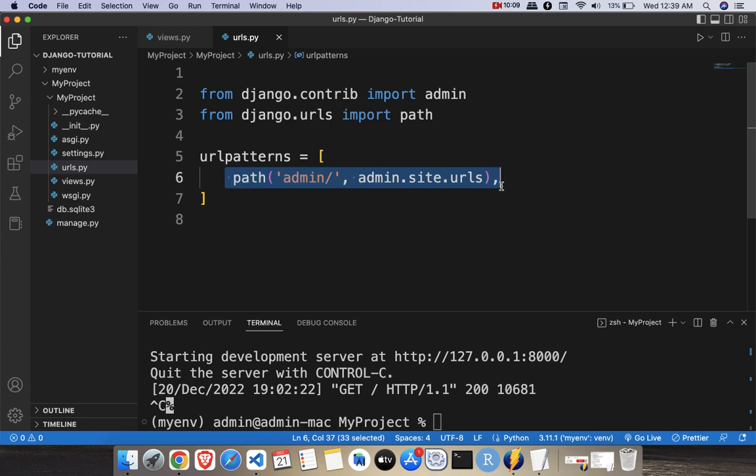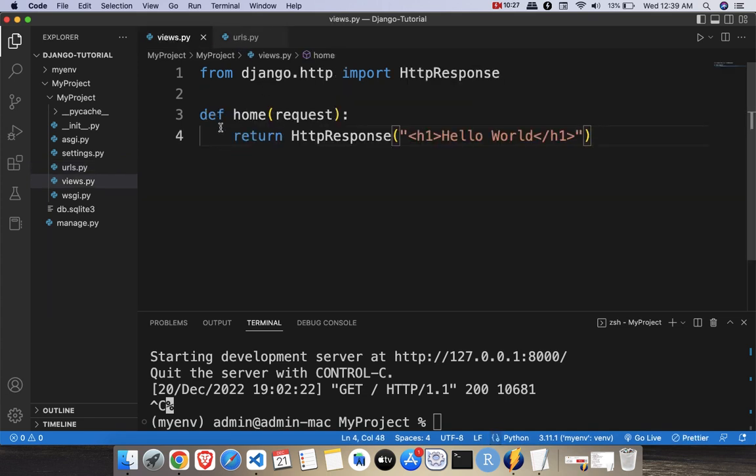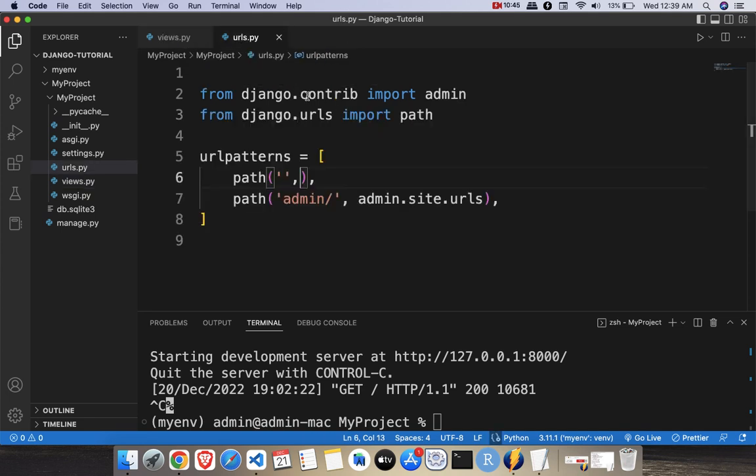For that, you just add one more line here: path, round brackets, put a comma at the end and put a blank single quote so it becomes your default page, comma, and where is your views? The views.py is the file which is sending your response. So you need to mention that you want to send this response through this function which is present inside the file views.py. We have created that in views.py, and now we need to import this views.py in the urls.py,